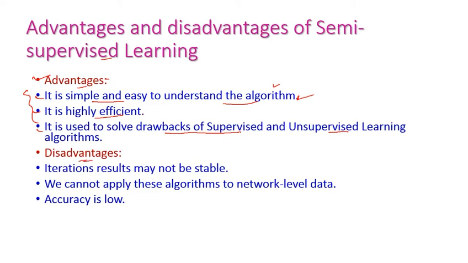When it comes to disadvantages, the iteration results are not stable. That means it requires different types of learning techniques. First it implements unsupervised learning, and after that, based on the output, it needs to label the unlabeled data. So we cannot apply these algorithms to network level data, because it requires a number of different